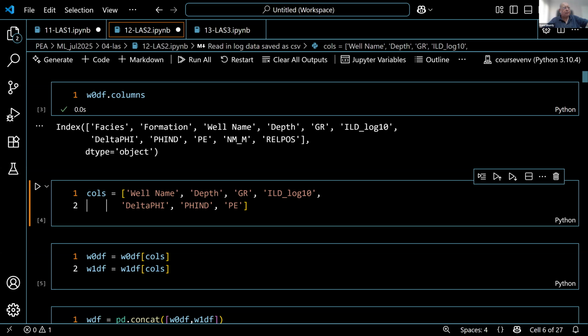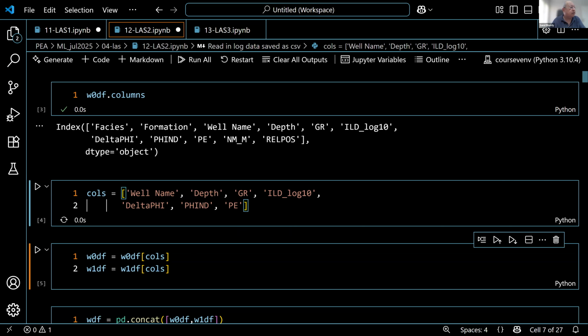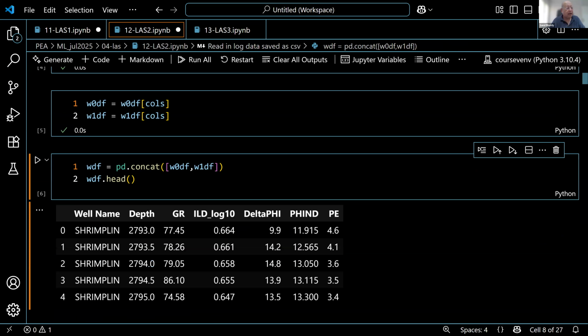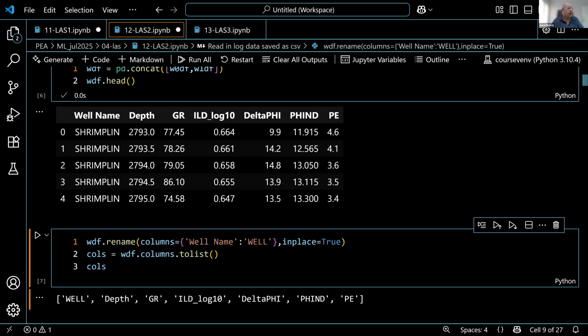What are the different types of structures in Python? Anything in square brackets is called a list. So we make a list of items that I want to keep, and this is what we do. So that is the list, and this is how I filter it. Now I then concat those two together, and then because